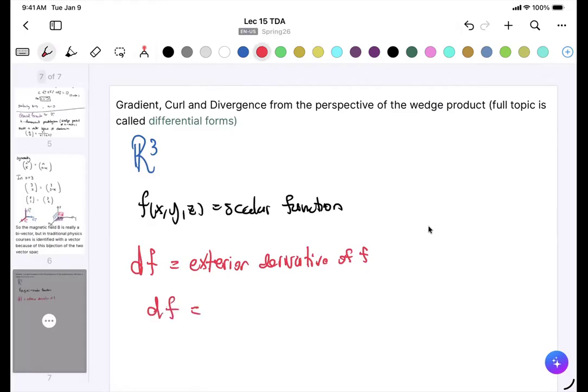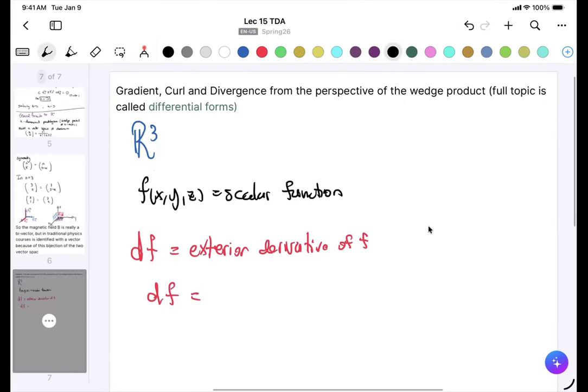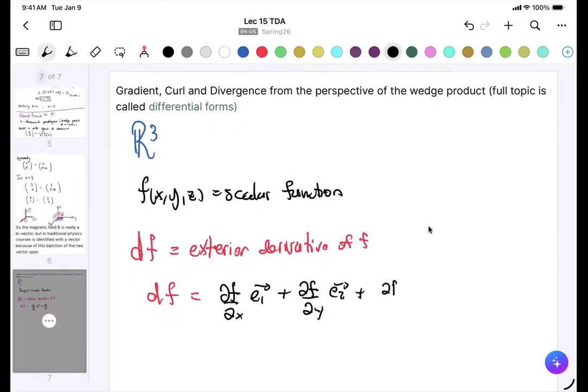And just by definition, the function is a function of R3. So essentially the way you define it is that the derivative of f with respect to x times E1, plus the derivative of f with respect to y times E2, plus the derivative of f with respect to z times E3, which is just what you would have called before the gradient, right? It's what you would have called the gradient in previous lifetimes. This is just like the gradient of the function f, but it now has this fancy name,